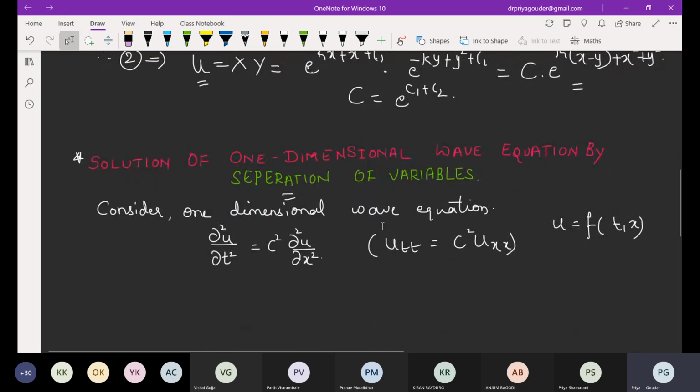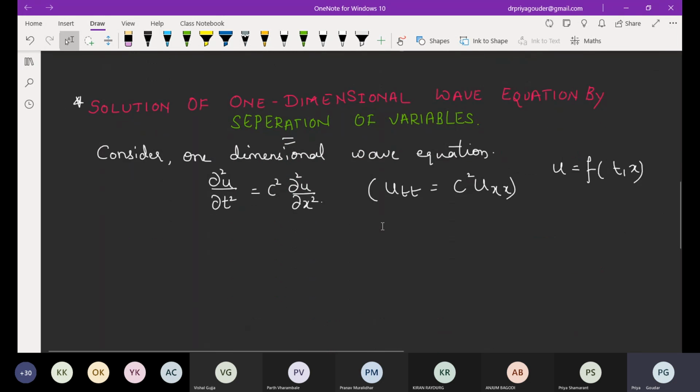Okay, this has to go step by step. So today we'll just see how to get the solution of the one-dimensional wave equation by which method? Separation of variables. Because you can apply different methods, but this is very, very easy. And actually the others fail. You cannot apply direct integration. You cannot apply the second way. And you cannot even apply Lagrange's form because here the derivatives present are second order. So the method left out is separation of variables.